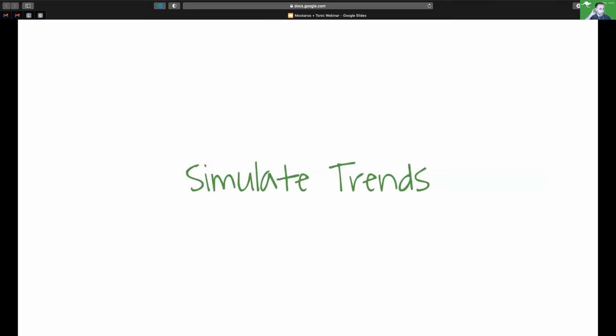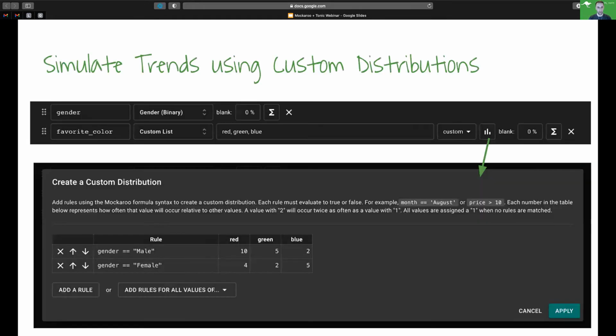Another thing you can do with Mockaroo is simulate trends. So this goes back to the original Salesforce use case, but it's one that's become very popular. If you upload a data set or you create just a simple custom list, you can control the distribution of how values get generated from that list or data set using the custom distribution function.